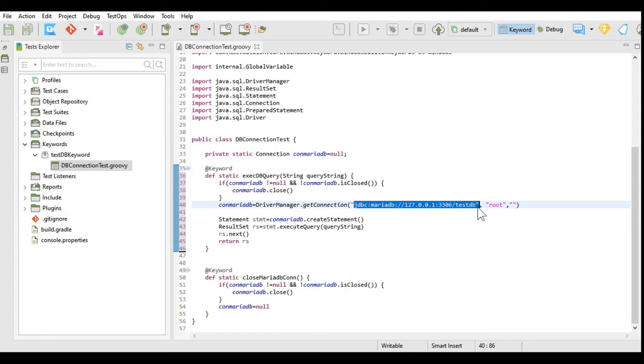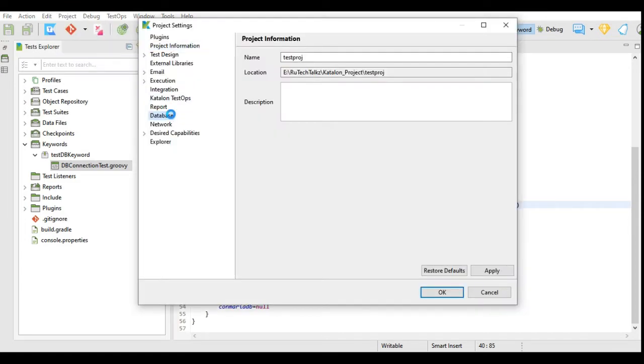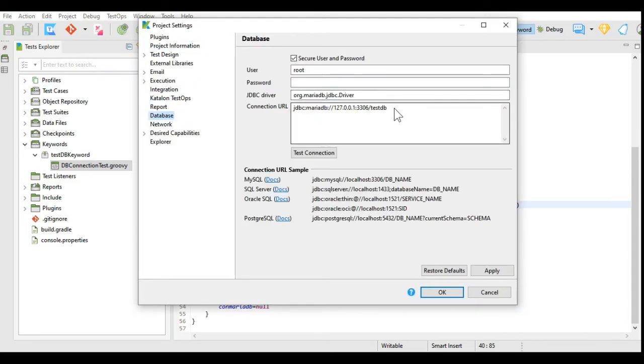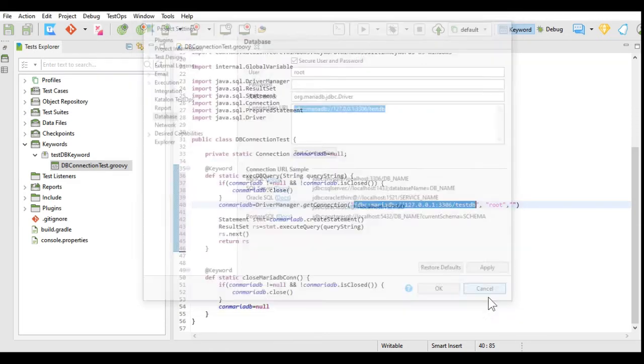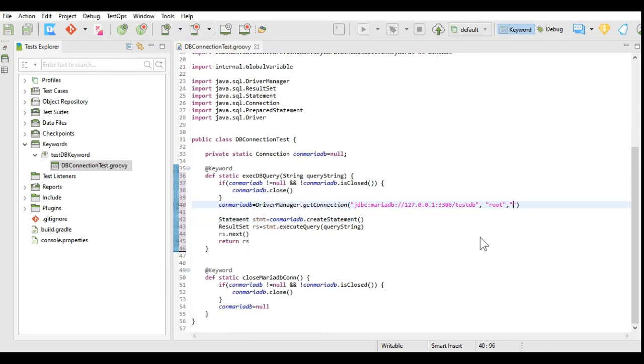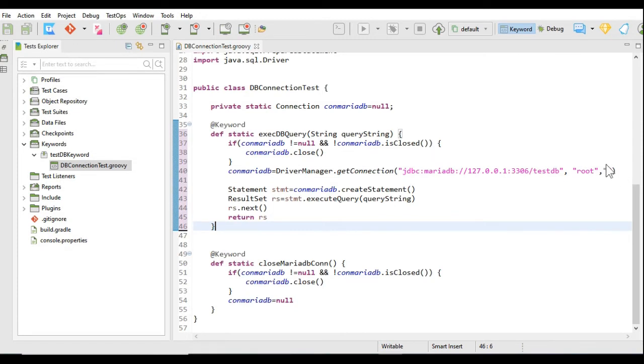This connection string you will get from your database connection settings. This is the connection URL that you have to enter over there. The username and password you have to mention here. Since I do not have a password, I kept it blank.